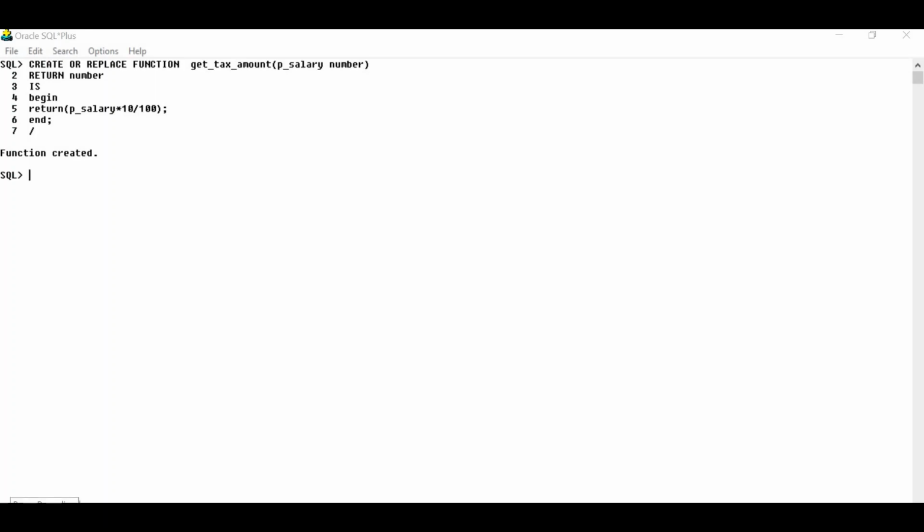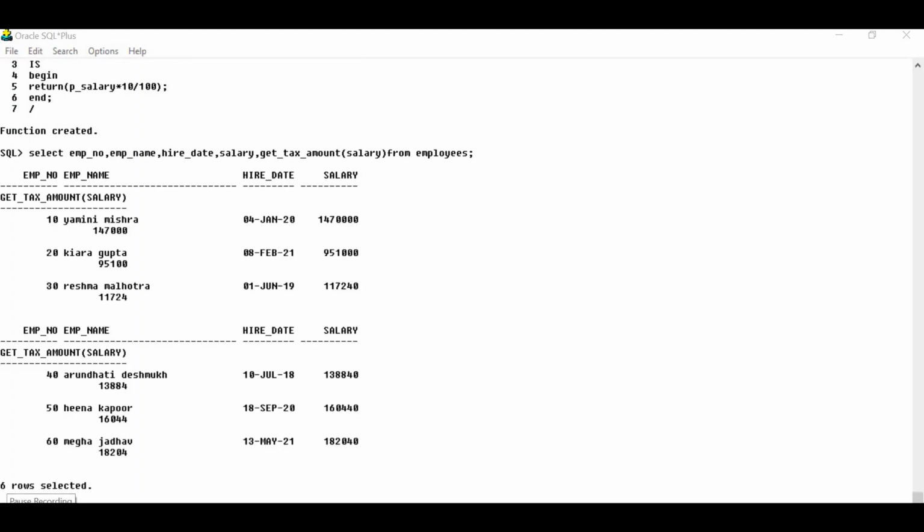Now I can call it with the employees table. Select employee number, employee name, hire date, salary, and get_tax_amount, which is our function name, salary from the employees. So after execution, you can see the operation is performed on the employees table.